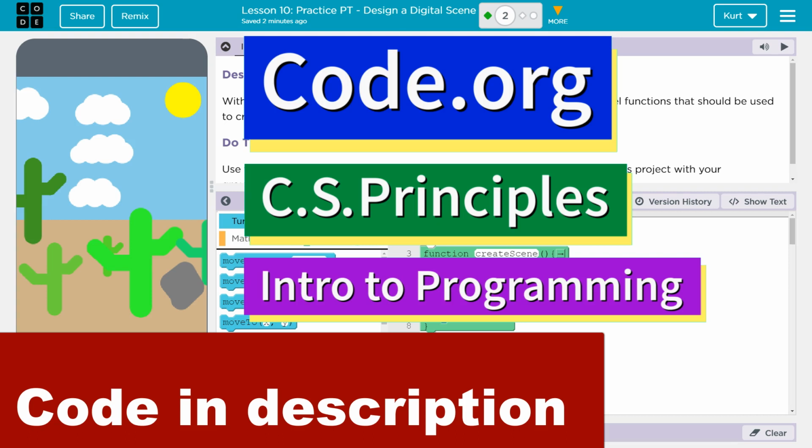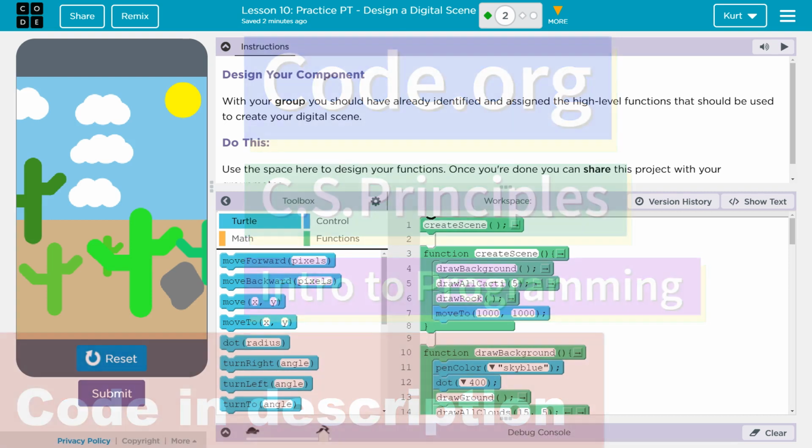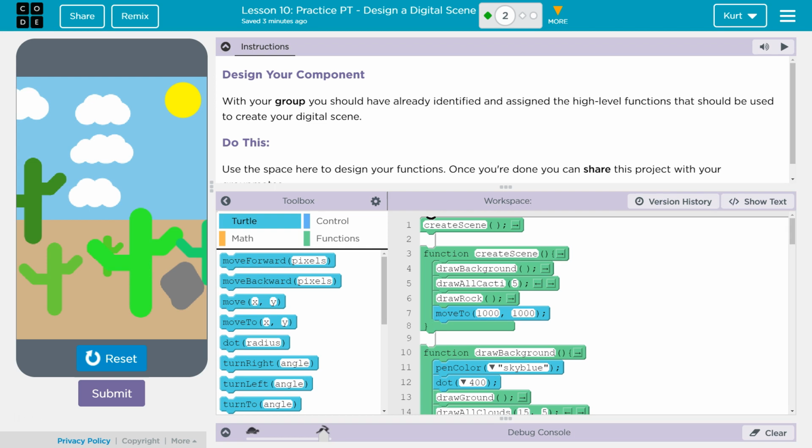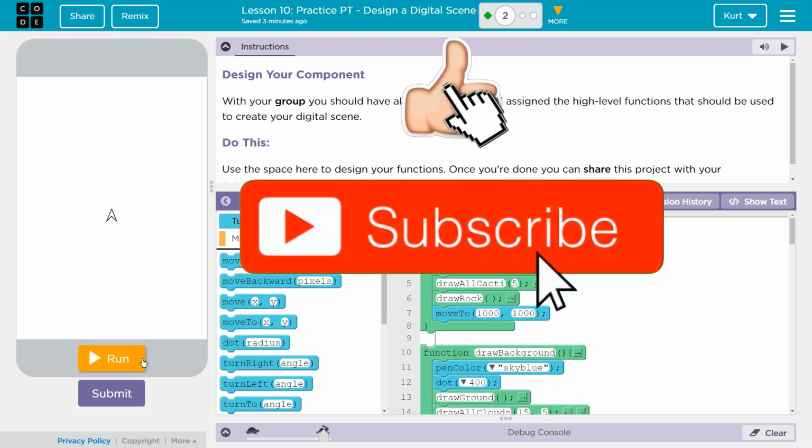This is code.org. I'm currently working on their CS Principles course. I'm on Unit 3, Intro to Programming, Lesson 10, Practice PT, Design a Digital Scene, Part 2. And this is also going to be Part 4, because I have completed my project. I have this awesome scene that is randomized somewhat,